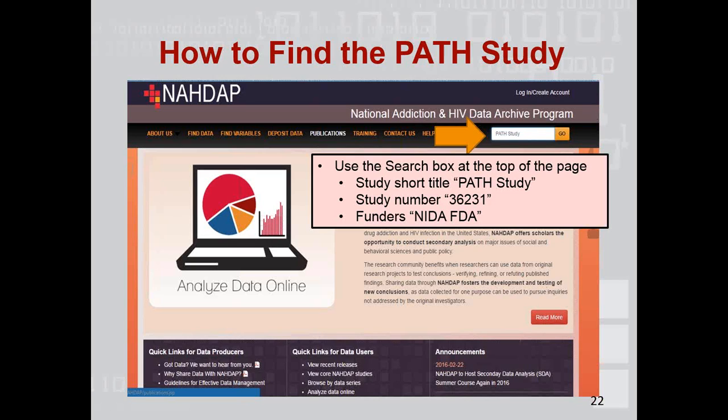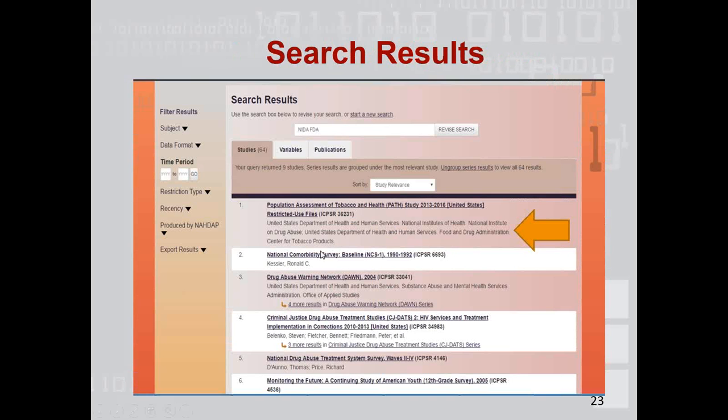In this example, I used the search term NIDA FDA. Since the FDA is only affiliated with the PATH study in the NADAP archive, the PATH study came up as the top selection